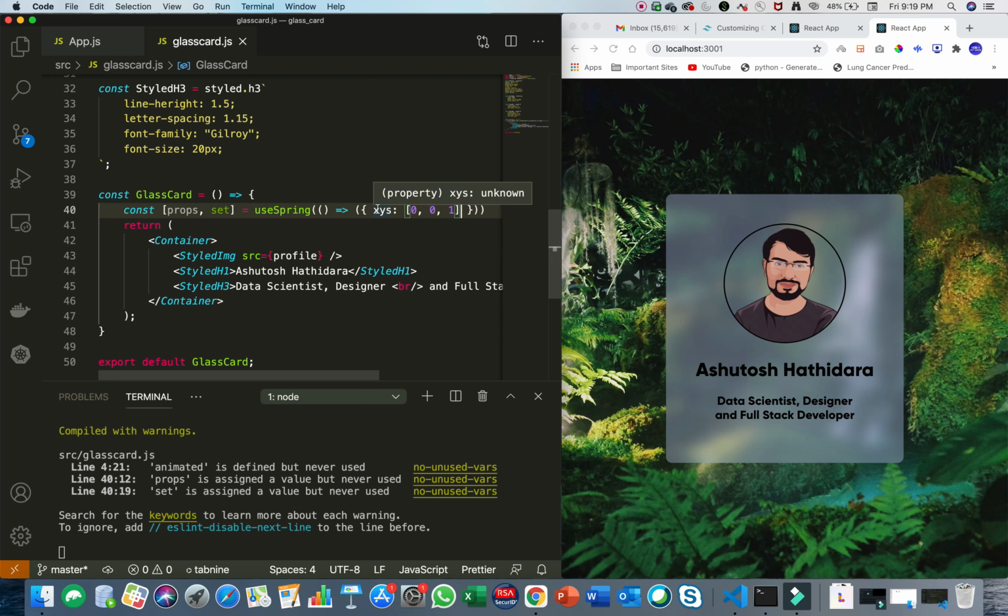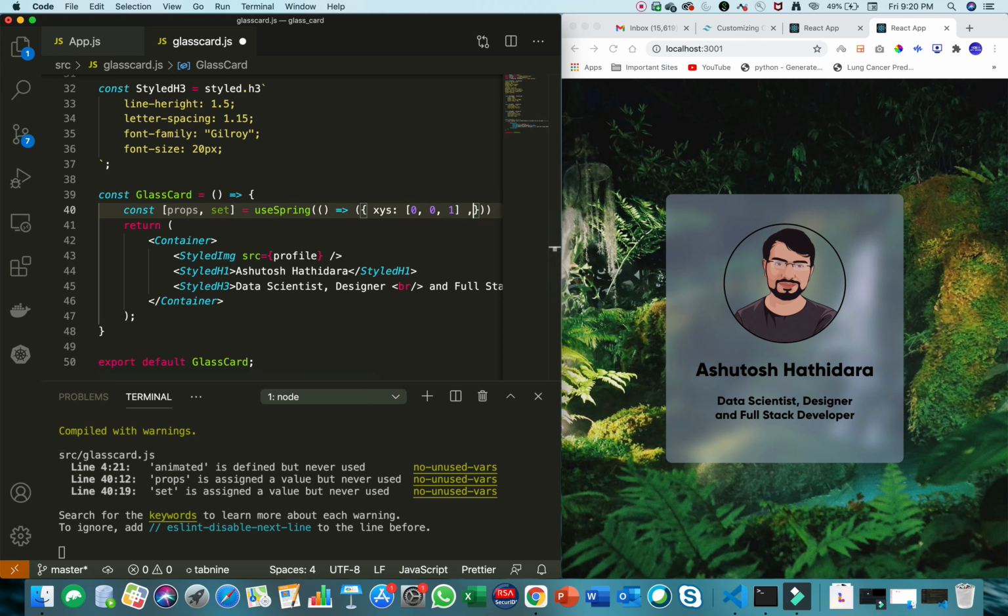This x, y coordinate are not absolute coordinates, they are relative coordinates. So as of now, the card is on its position. That's why the relative x coordinate is 0, and also the same with y. And the scale is not changed. That is why it is 1. If we decrease the scale, the card will get smaller, and if we increase the scale, the card will get bigger.